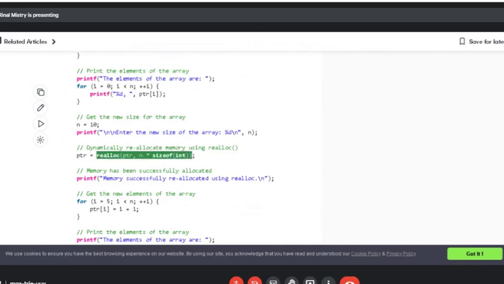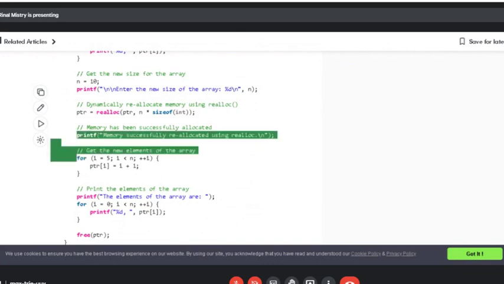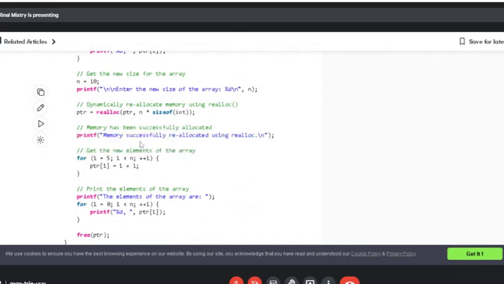This will allocate more space, that is, n will now be equal to 10. So an additional space of 5 blocks, each of 4 bytes, will be allocated, and then one more statement is printed, that is, memory successfully reallocated. And after that,